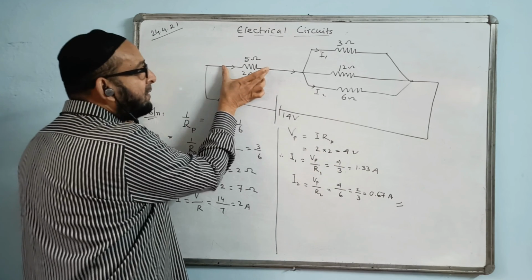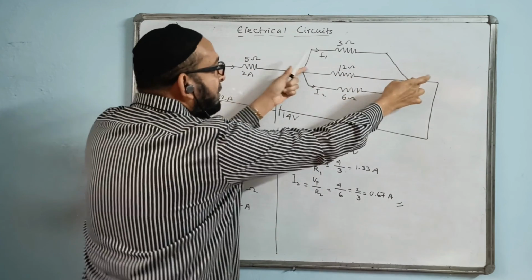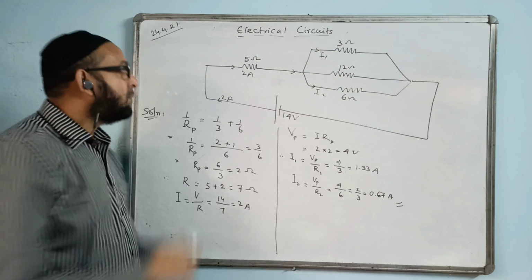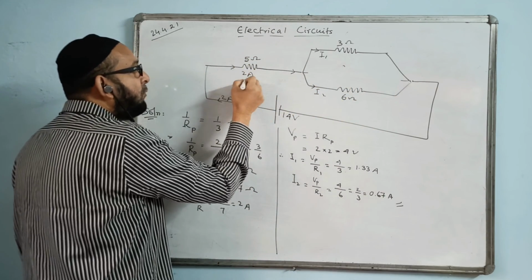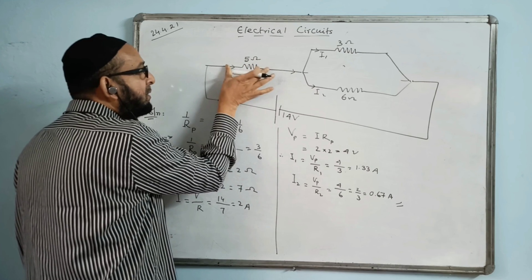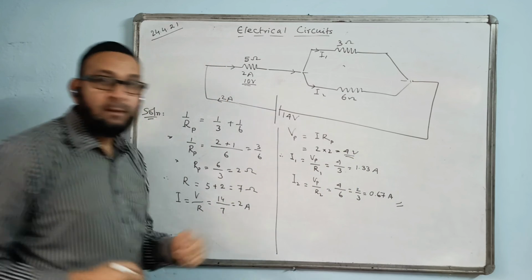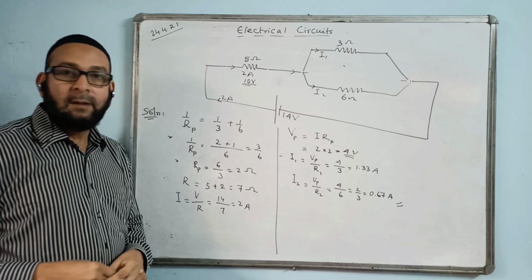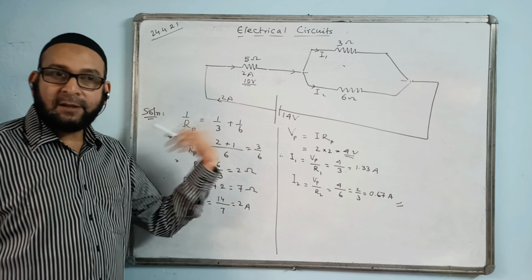There is one more method of finding the Vp value, which came out 4 volt: we can find the voltage across the other resistance and subtract it from the 14 volt. 14 minus this voltage will be the voltage left over across this combination, and it will be the same for all. Checking with the same question: V equal to IR, 2 into 5, 10 volt is the voltage across this. The voltage left over is 14 minus 10, 4 volt. So by subtraction we can also find the voltage across the parallel part, or we can do Vp equal to I RP. Then only will we divide the currents in each part.